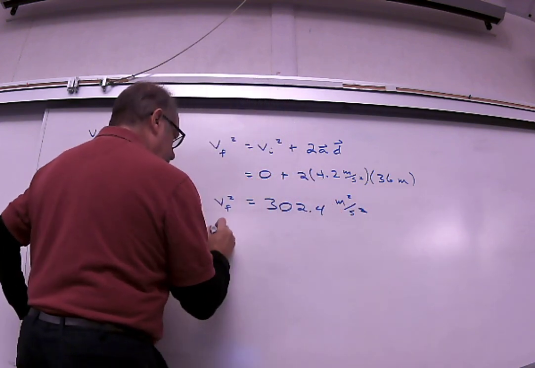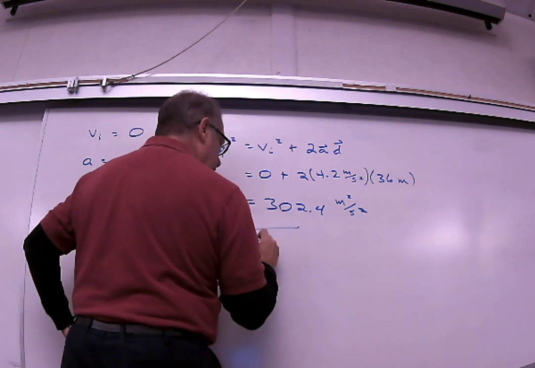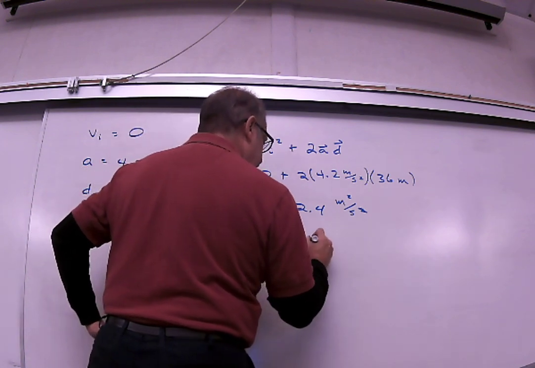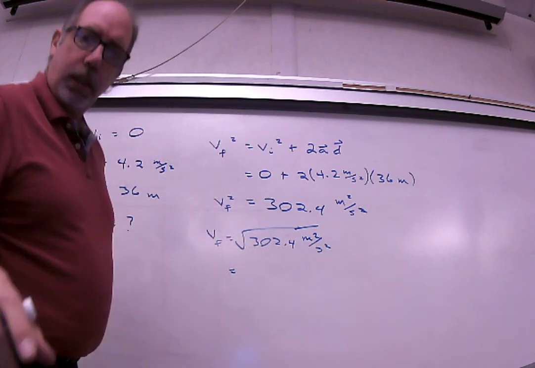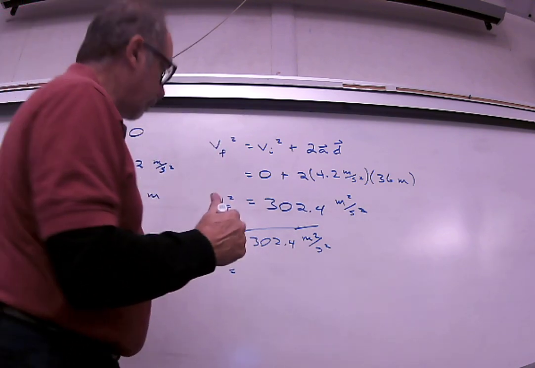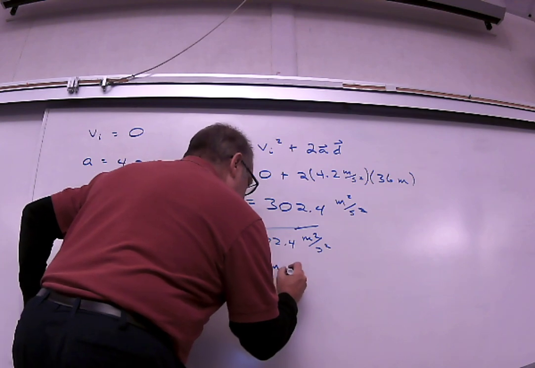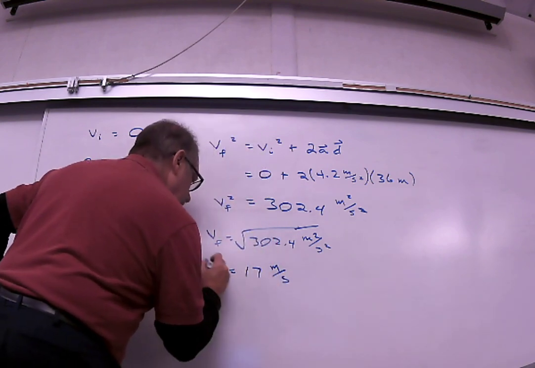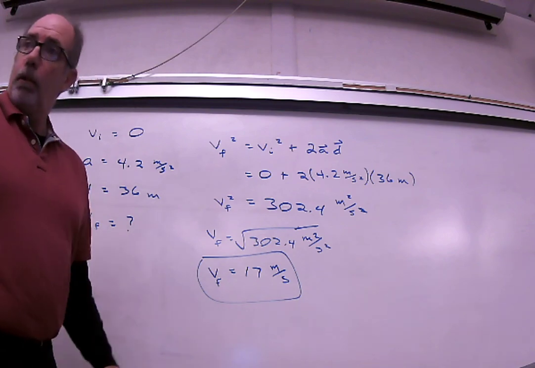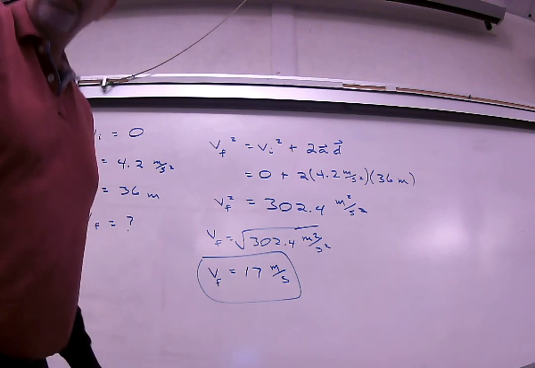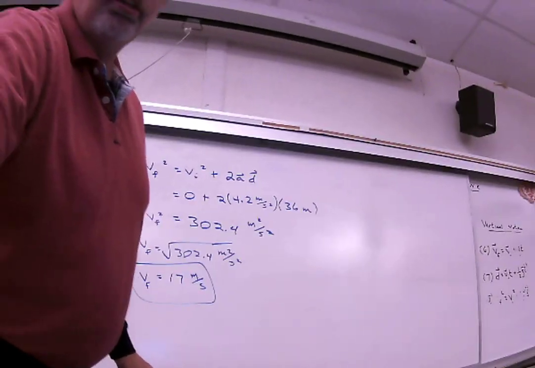But this is v sub f squared, so to get the answer, I need to square root this. So the square root of 302.4, and that will be, to the nearest meter per second, 17. So 17 meters per second will be our answer there. Okay? All right. And then number 2 asks the question, give an